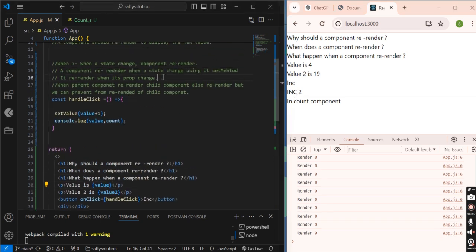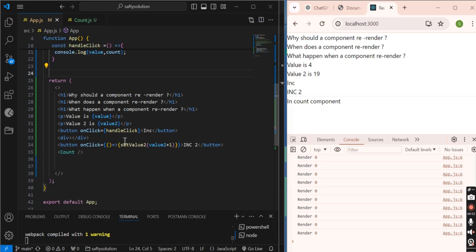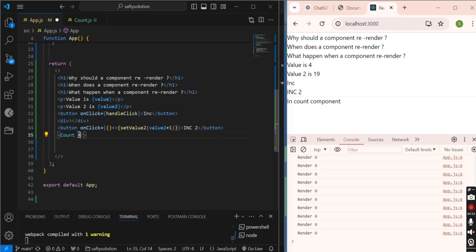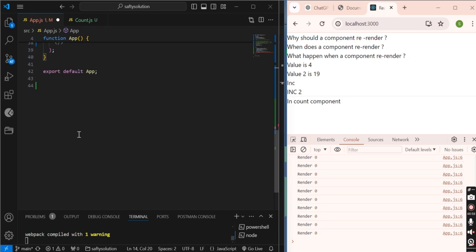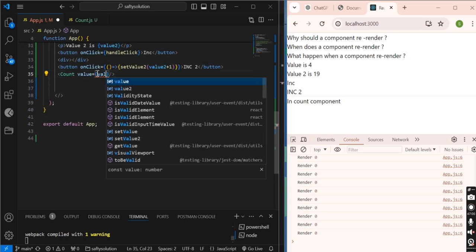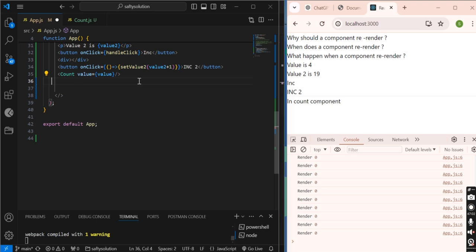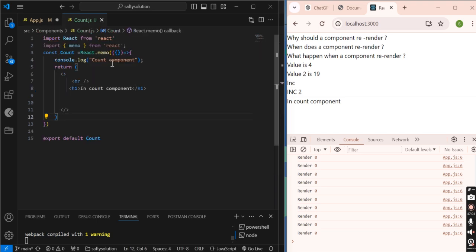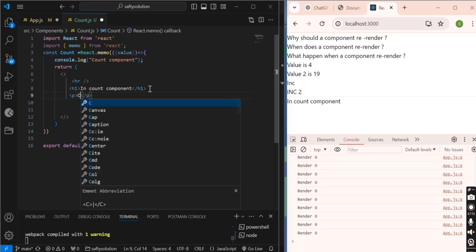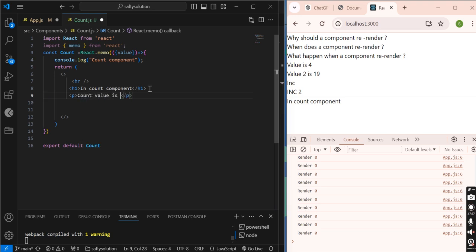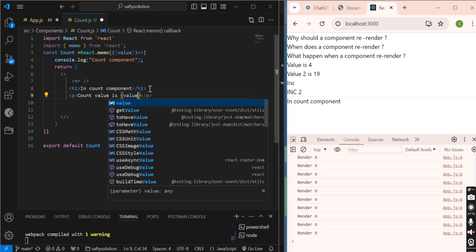Now let me prove this point. When its prop changes, let me send a prop which is this value. Here I have taken value, right? Count value is value.